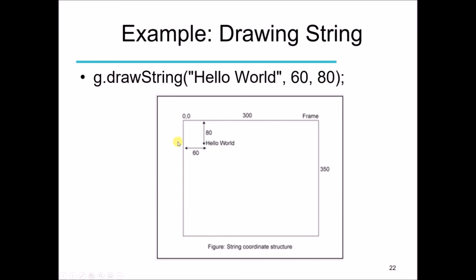Here is the explanation for this. The x coordinate is 60, meaning that the distance from the origin of the frame or the window or the panel is 60, and the distance along the y-axis is 80, because our origin is here. So we pass these two values as the second and third parameters for this method. So this string is going to be drawn. You can think that it is drawn here. Actually it's showing a little bit higher, but this should be shown here, like a hello world, and this is the top left corner for the hello world. If we call this method draw string with the string hello world, the x and y are 60 and 80.